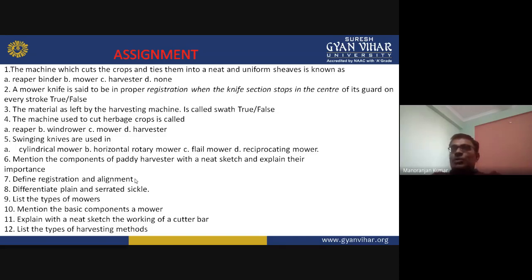Mention the basic components of a mower. Explain with a neat sketch the working of a cutter bar. We have seen all this. List the types of harvesting method. So first you go through this slide, and after that you solve these questions.